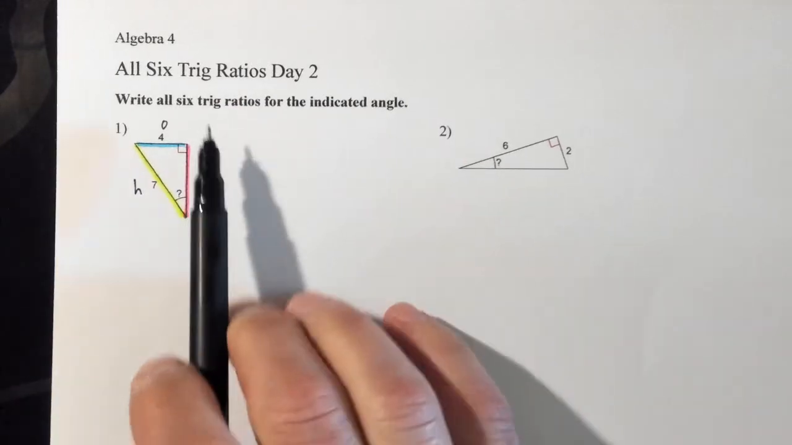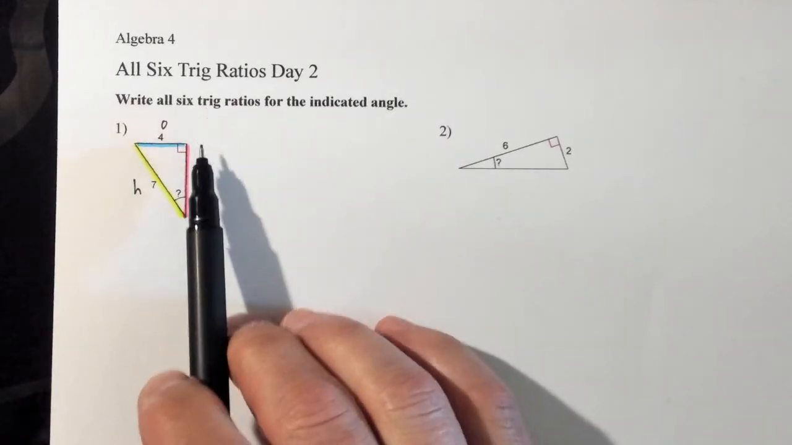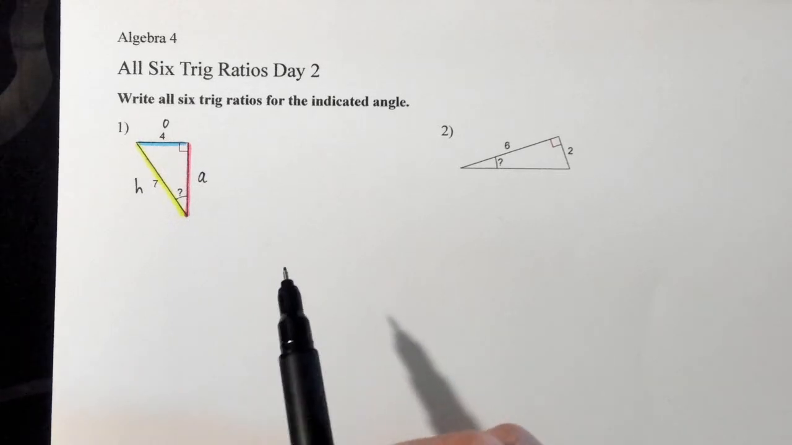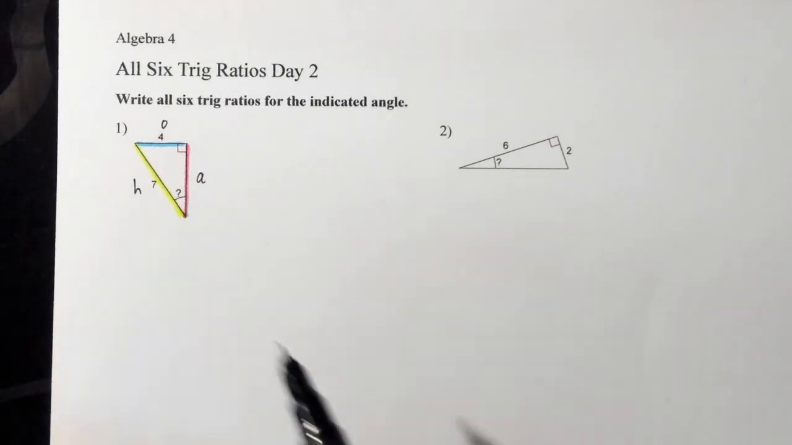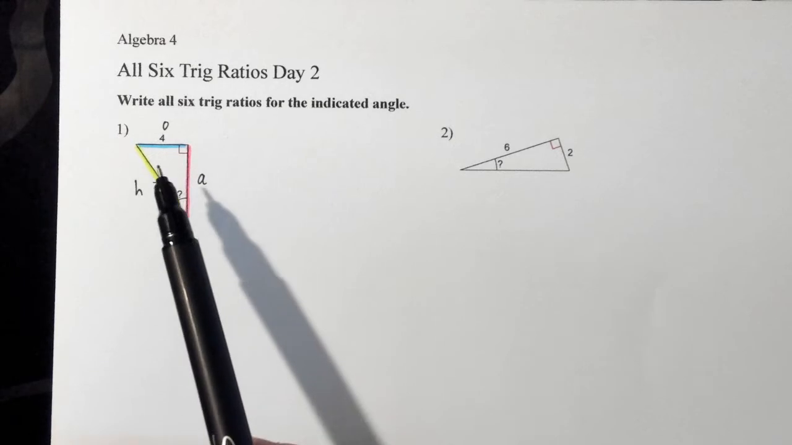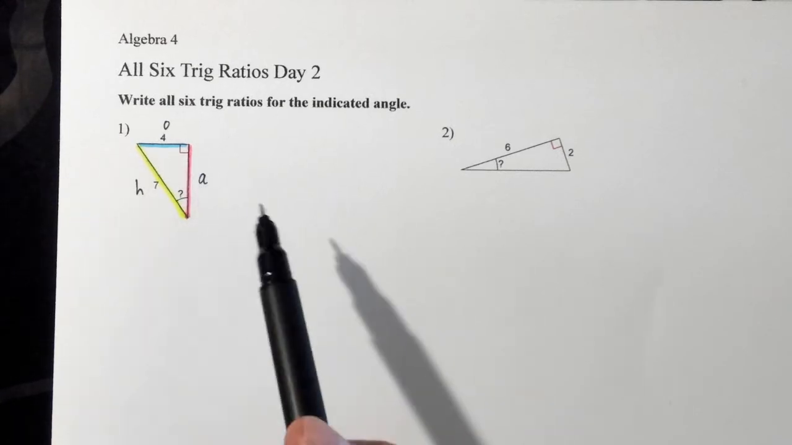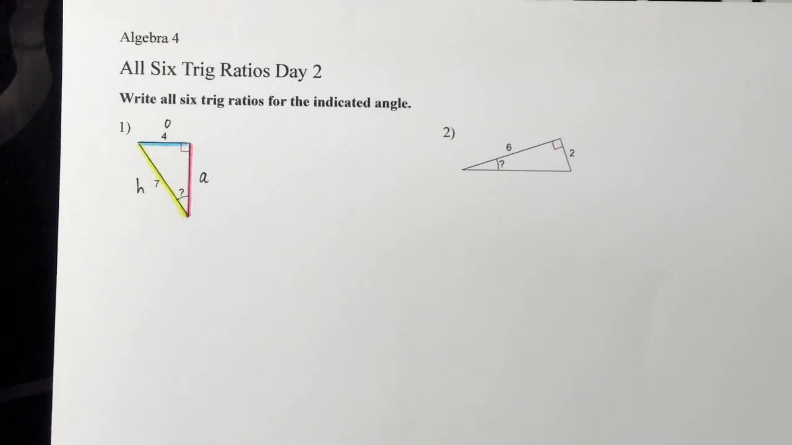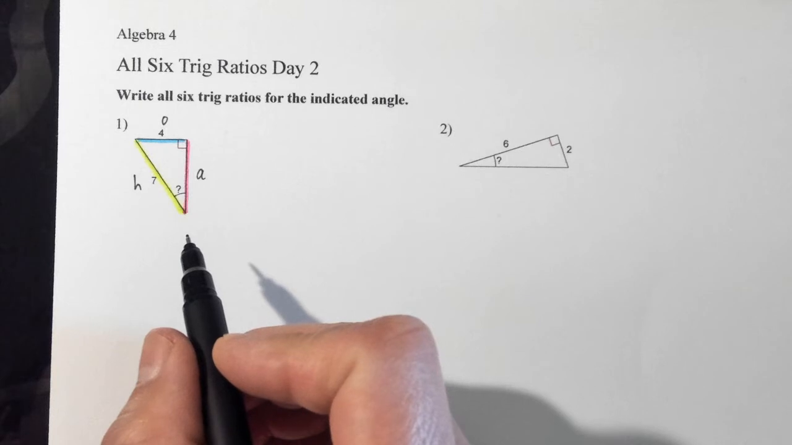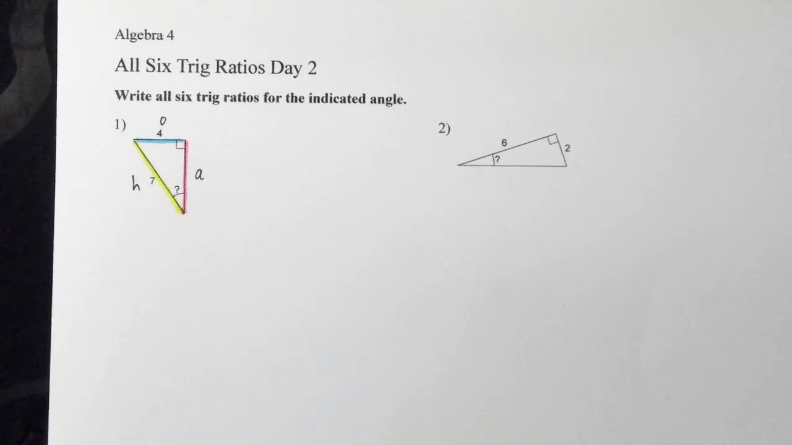We need, in order to write all 6 trig ratios, we need to know the length of the adjacent side. Obviously it's shorter than 7, and you can tell with your eyeballs that it is bigger than 4, so it's going to be in the 6 range. Let's see. So Pythagorean Theorem